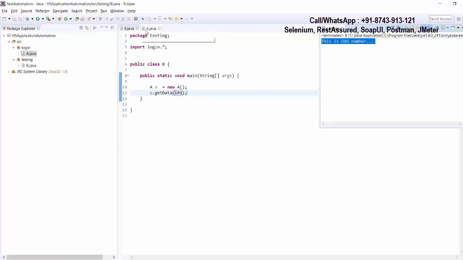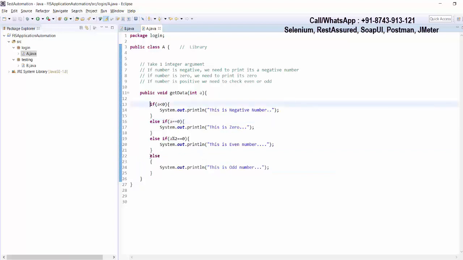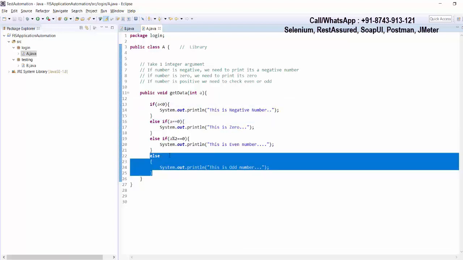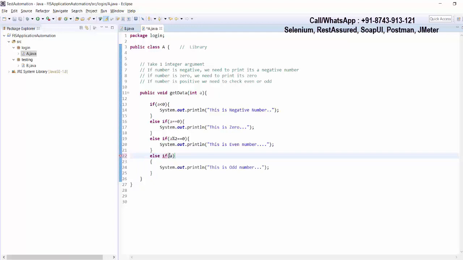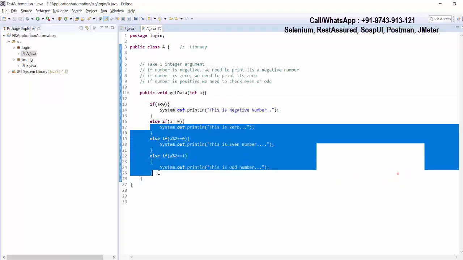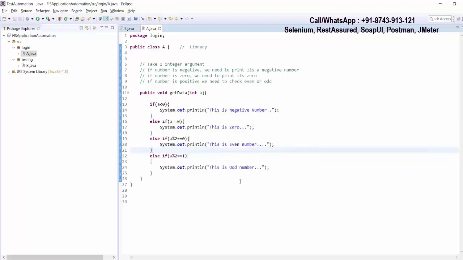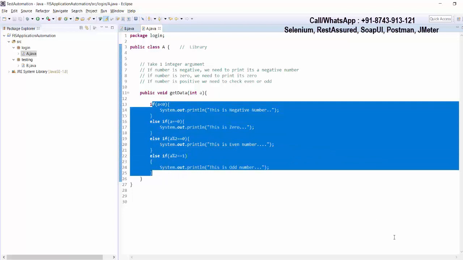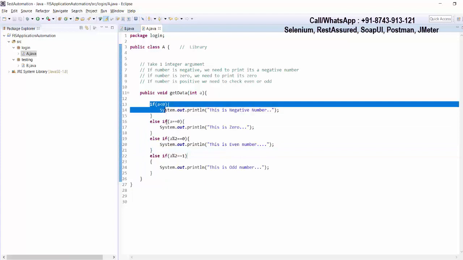Few modifications I want to show you here. If you want, this last or remaining condition can also be placed with else if. So if you notice, first condition is with the if. Second, third, fourth, whatever the number of conditions you are having, you are using else if, and there is no else. So is it mandatory to use else? Answer is no. If you want, you can use it. If you don't, you can skip it. So here I skipped. Else means if nothing will execute, then it will go to the else. But here we are not writing else because all the conditions we have handled in the if and else if.